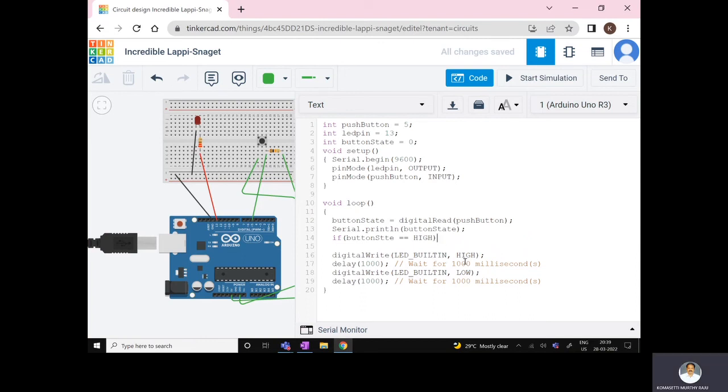Button state is high means pressed state. Digital write LED pin high. That means the 13th pin. LED pin, comma